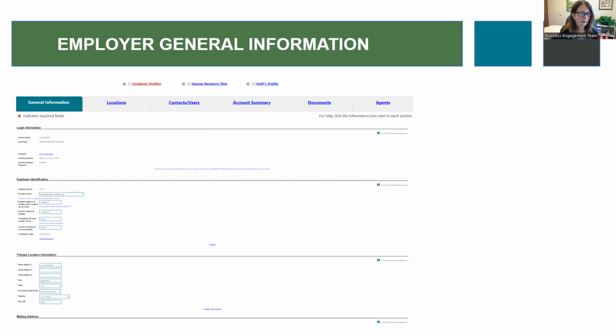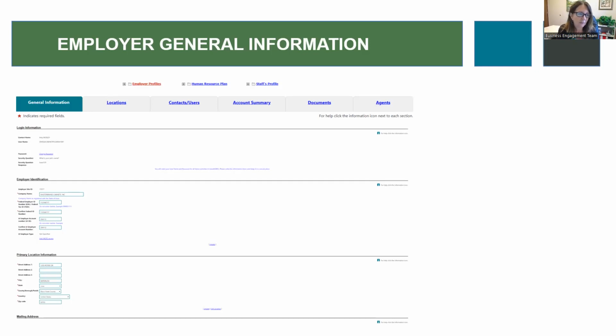And then once you are in the website, this is your general information page that is available. And this is where you would update any changes if you would want to have your primary location information plugged in on this general information tab, and your primary contact, who's going to be the main person who is in charge of the website overall.